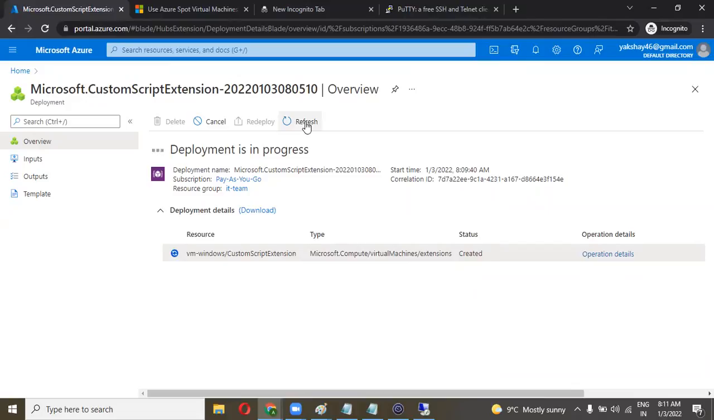Make sure the script is saved with the .ps1 extension, and you need to upload this script to the Azure storage account. Then the file will be automatically executed over the internet. So once the deployment is completed,